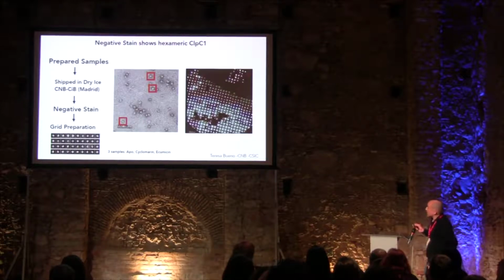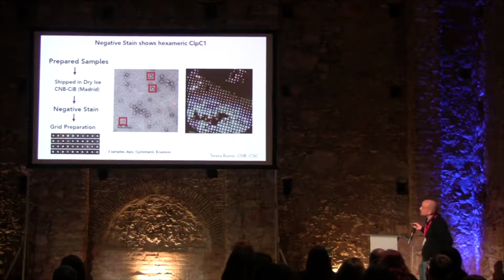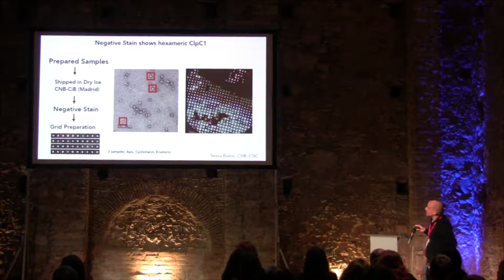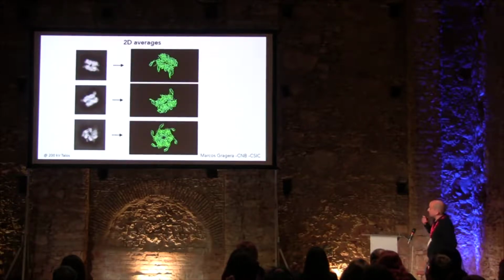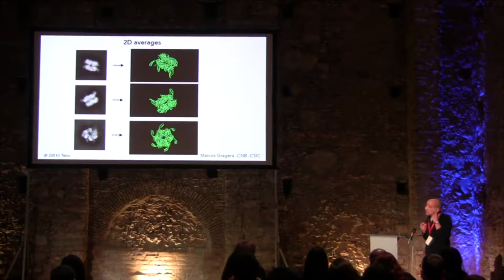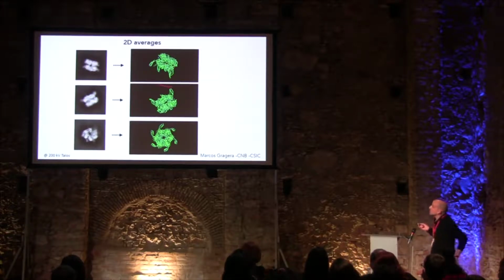So, going back to what's important, they also did negative stain in Spain, so you can see these micrographs there. The grids were done by Teresa Bueno, and then Marcos did the processing, and Marcos was extremely efficient. Basically, we had a talk by Skype. He said to me, Hugo, we have these 2D averages. Do you think it looks like your protein? Of course, this is compared with the literature to see what this thing should look like. And in fact, this is the original picture I sent to Marcos.